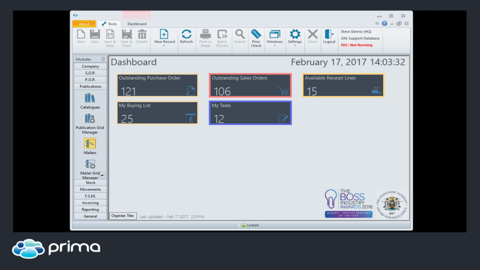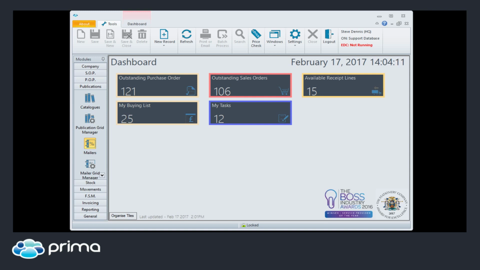On the back of that, you then have the user generated ones. So from within Prima, the user's got the ability to look at what's in the publications and build your own set of mailers with pricing on, as is right for the nature of the products or the customers that you're going to assign it to. Okay, so in the first instance, you guys would receive, say, a mailer file from our data team